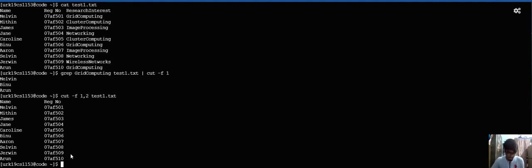Coming to the next question, list the count of students who have interest as image processing and store the result in another file. For this I have to give command grep image processing, that is research interest present in test1 file name, combining another command, that is wc -l, storing in test2.txt.